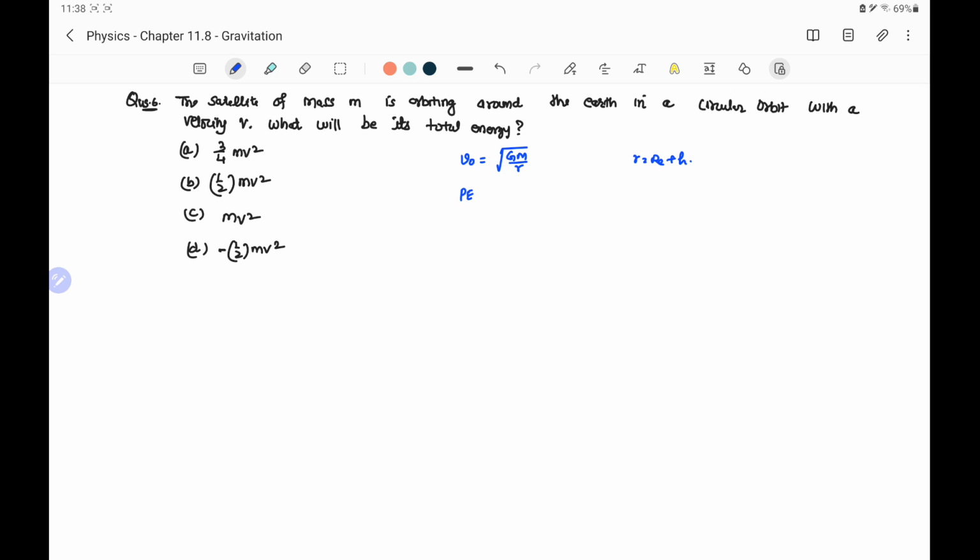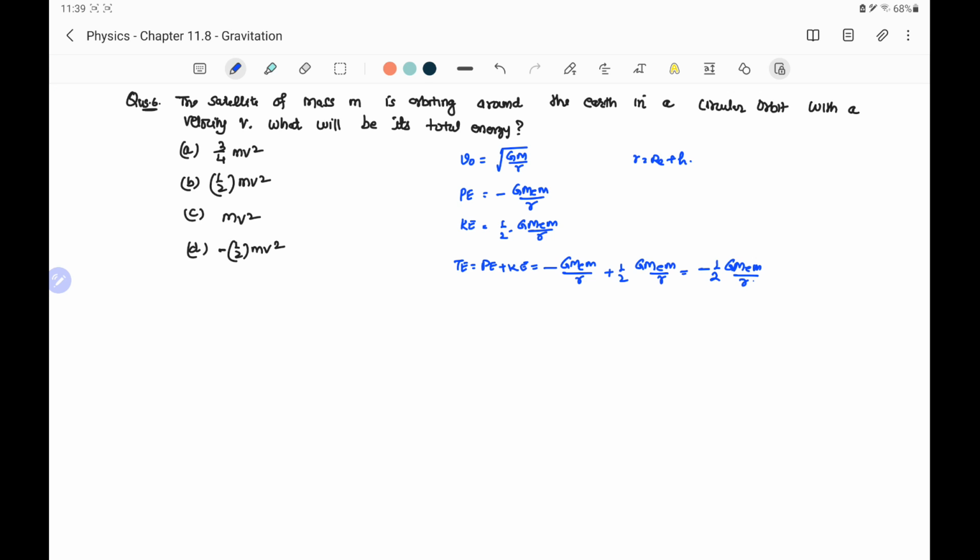Potential energy is minus G M_e m by r, and kinetic energy is half of G M_e m by r. So total energy, which is the sum of the potential energy and kinetic energy, will be equal to minus G M_e m by r plus half G M_e m by r,